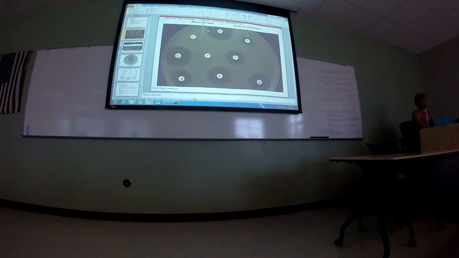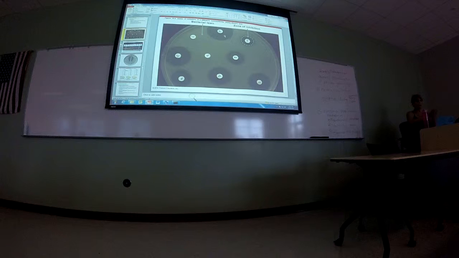Millimeters across might be considered not sensitive. The bacteria are not sensitive to it. They're resistant. And this one, even though it's a smaller zone of inhibition, the chart might say, well, this is a larger molecule, diffuse a lot slower. The bacteria are actually sensitive to this one and resistant to this one. So it's not enough just to eyeball the zone of inhibition. You have to measure it and compare it to a standard chart of known measurements that indicate sensitivity and resistance